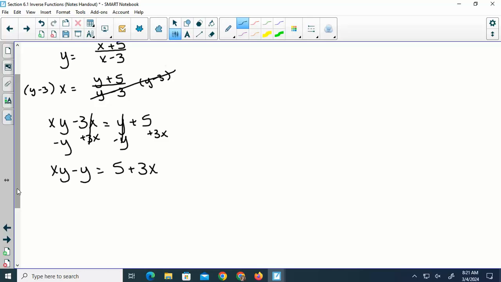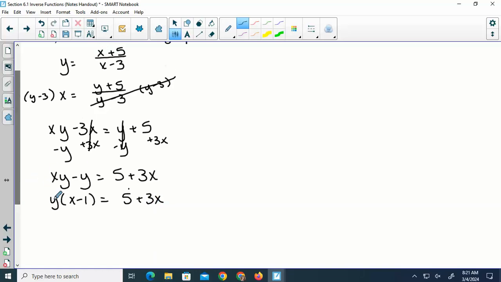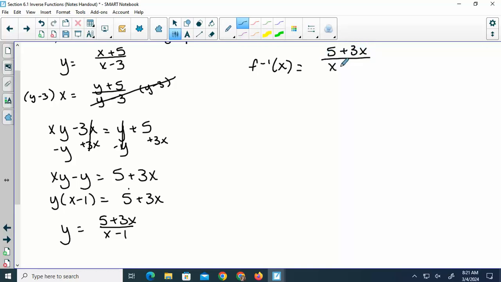So it's better, we have all the y's on the left. What would we need to do now? And what would that leave me with? Divide. So our inverse is 5 plus 3x over x minus